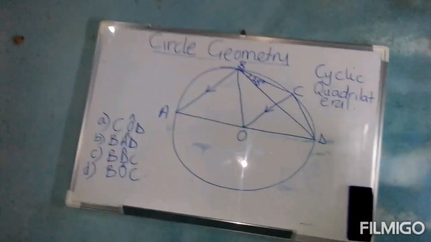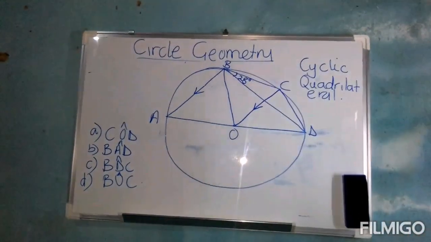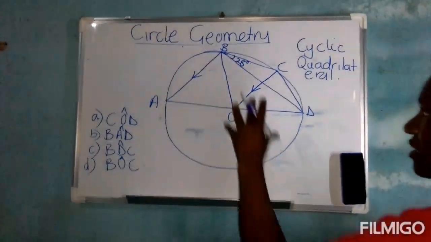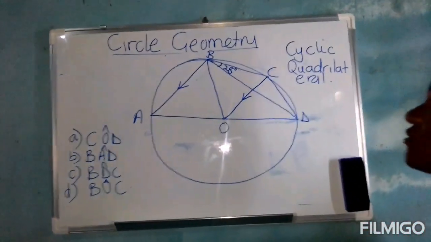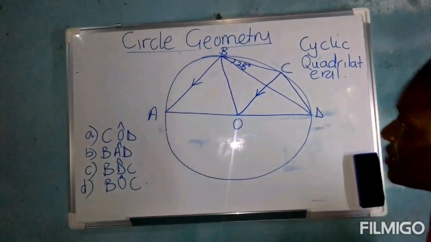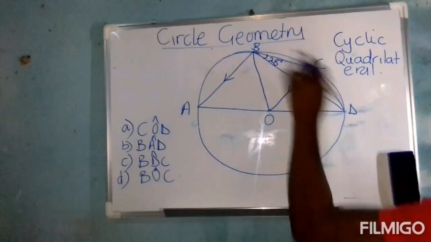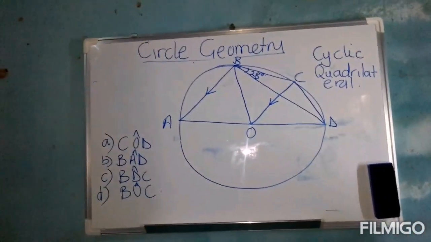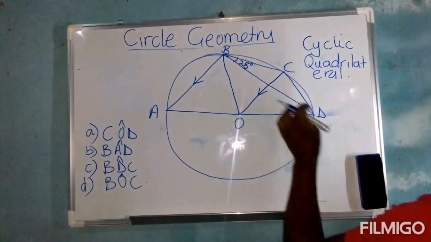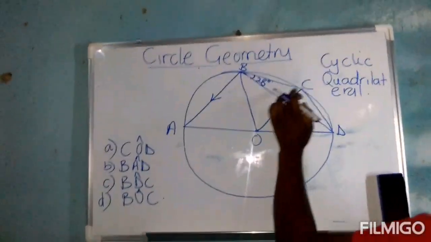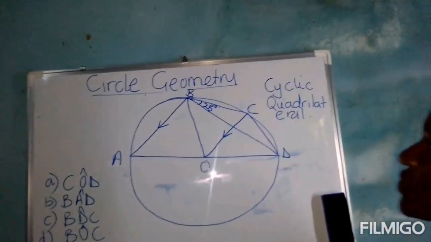Right, a cyclic quadrilateral is a quadrilateral which has all its vertices on the circumference of a circle. It's inside the circle, and all of the vertices of that quadrilateral are on the circumference of the circle. So for that cyclic quadrilateral, opposite angles add up to 180 degrees. So for that,